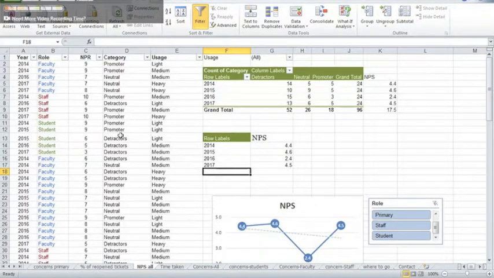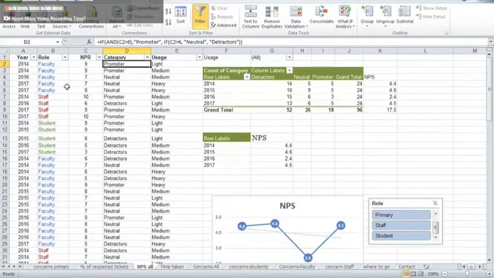Let me start with Net Promoter Score for all the customers. This data will be captured yearly from the annual customer satisfaction survey, and it will look something like this. So we created columns which talk about year, and then rows with the net promoter rating given by the customers. The values range from 1 to 10, 9 and 10 being promoters, 7 and 8 being neutral, and 1 to 6 being detractors. I have added a simple formula over here which calculates which category the rating falls in.